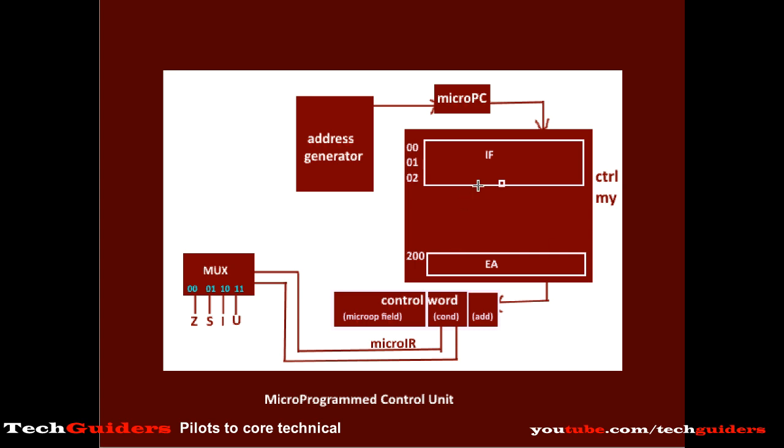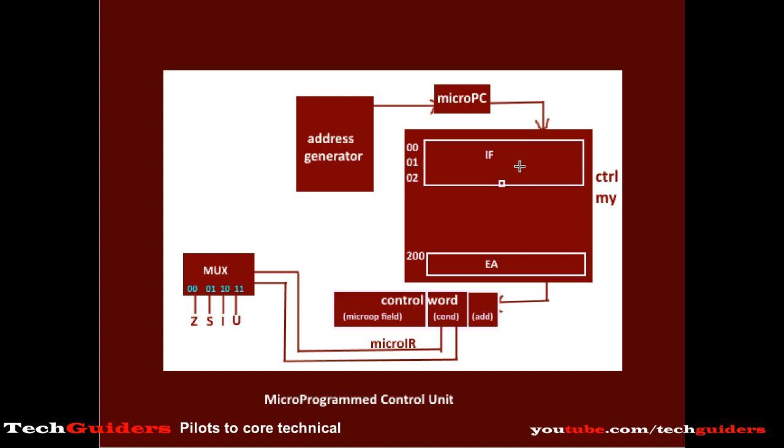Once the fetch routine is over, sometimes the instruction may require the calculation of the effective address of the operand. Otherwise, it can directly move to the execute routine. And if the effective address calculation of the operand is required, after that calculation, it should move to the execute routine. This requirement will be indicated by the indirect bit of the instruction, which shows indirect addressing mode.